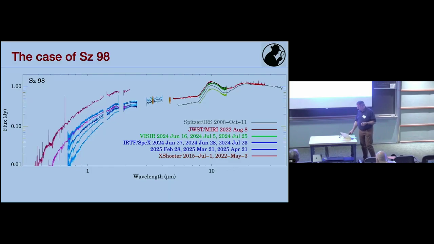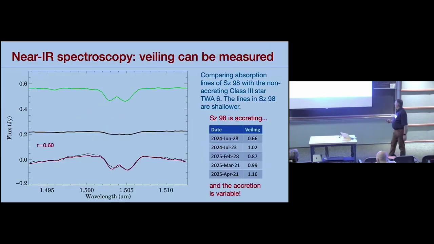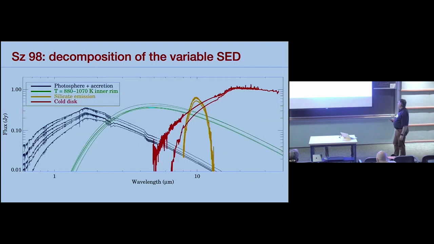I have a question. Maybe I missed it. Is it clear why the silicate feature isn't varying? I'm sorry? Is it clear why the silicate feature isn't changing? The silicate feature, interesting in the first case, which was so variable, when I just subtracted a continuum and just left the silicate feature, this is remarkably constant. And the shape is also very similar, so it did not change.